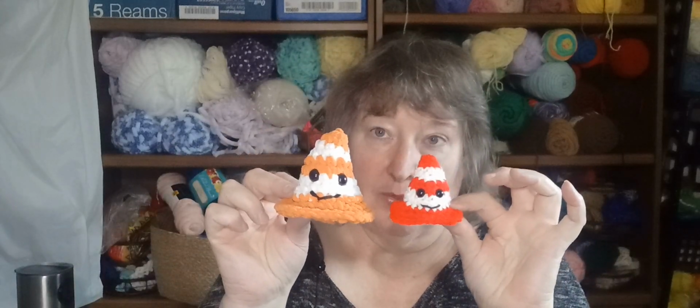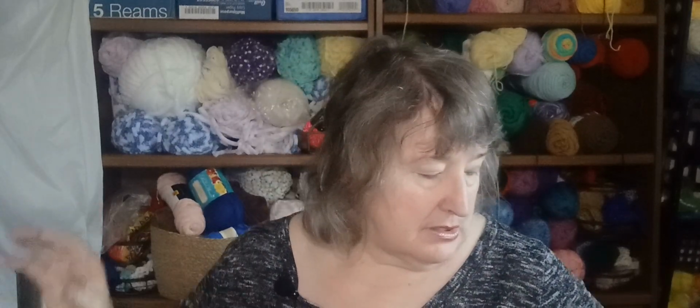That's my day. I only have one finished project to show. I told you that I made a little red safety cone. I pulled out some velvet yarn and I made an orange one. So have those